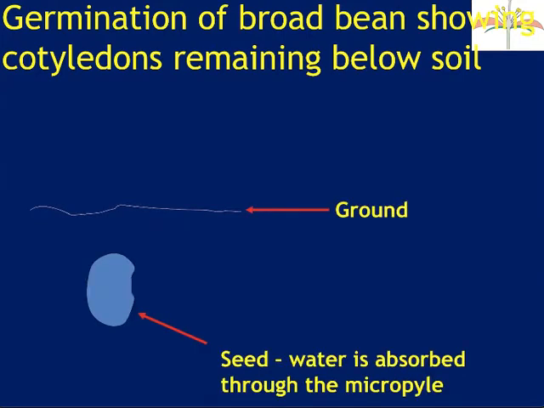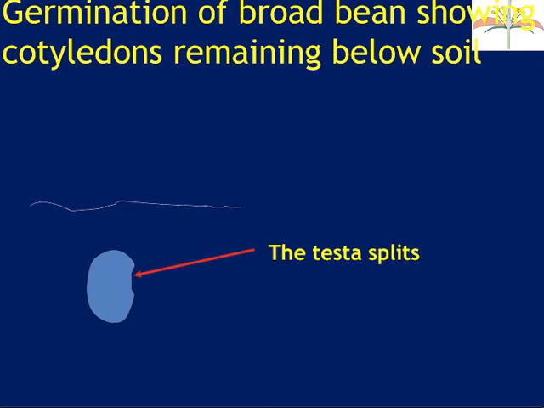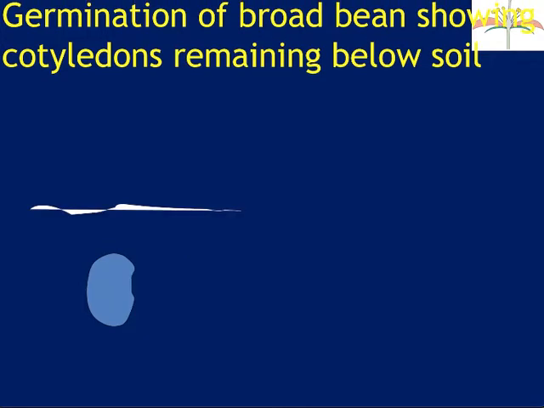So this is the ground and this is our seed, and it's going through the process we went through yesterday. So the water to get the enzymes activated, to start digestion, to carry the digested food products, the oxygen for respiration, and once there is enough respiration happening and enough energy, your radicle always emerges first, and then that will be followed by the plumule.